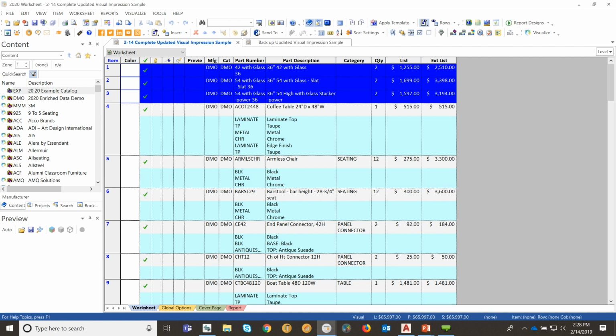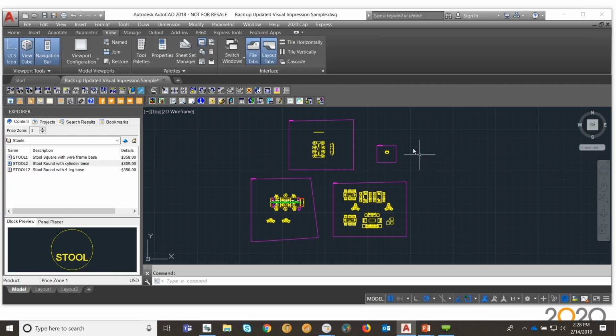Customers want one thing one day, and then the next day they're looking for something completely different. So how do we work with change? A couple things here. We always say that the drawing is master. So any changes are typically done within the drawing, and then pushed back into either visualization, visual